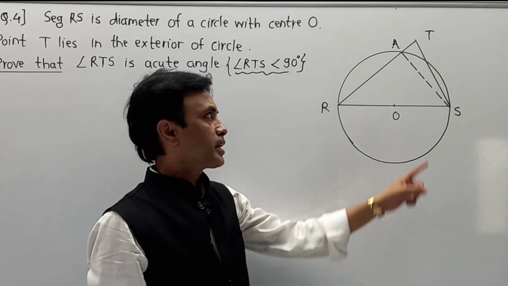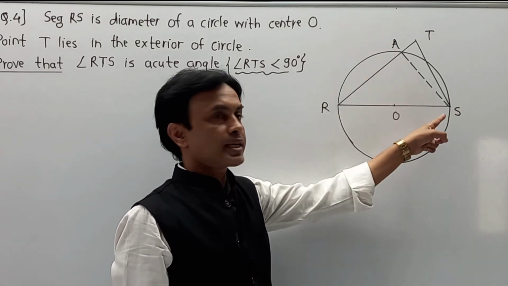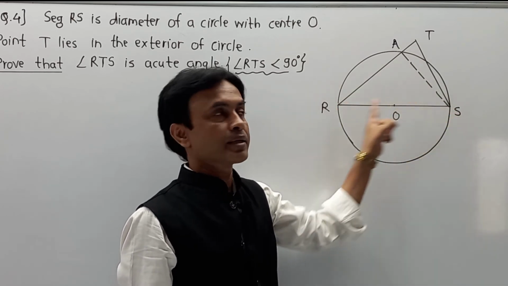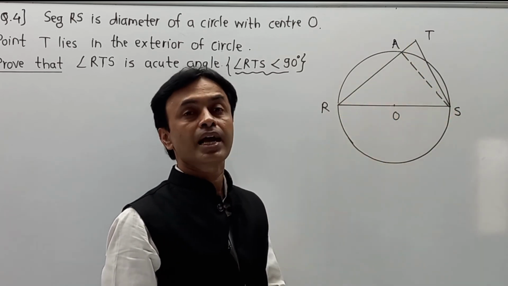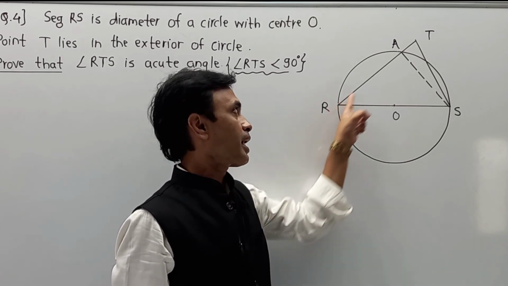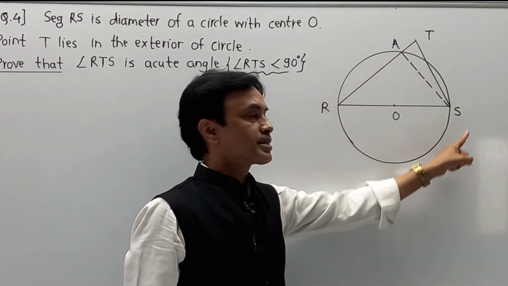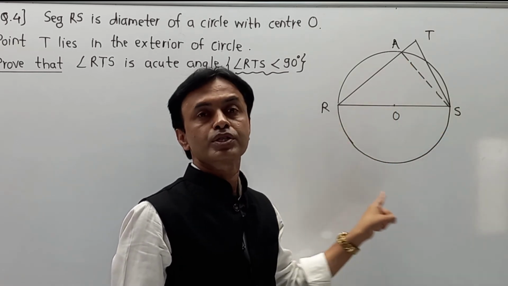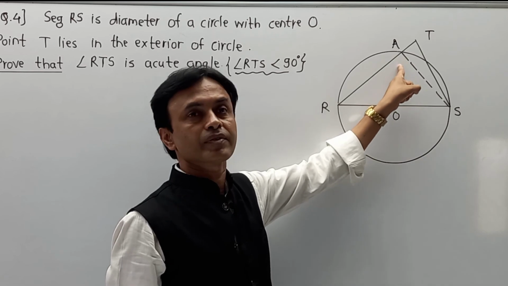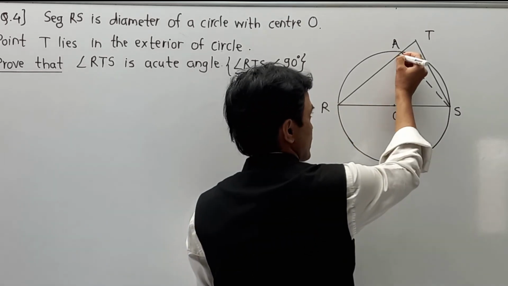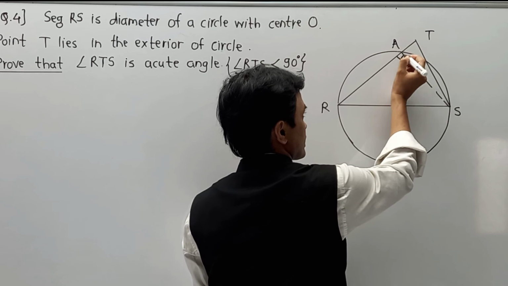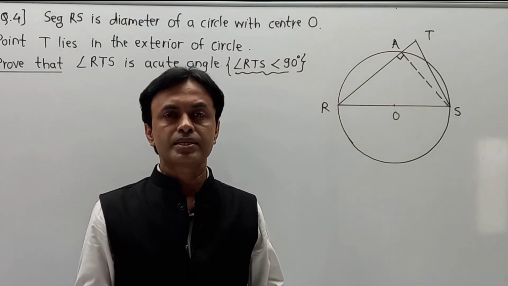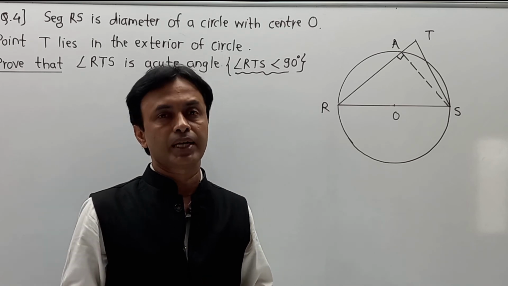Student, the part is, when you join AS, this angle RAS is the angle formed on a diameter, and as this is a semicircle, the intercepted arc, naturally this angle is 90 because semicircle means 180 and half of that angle means 90. And first of all we are going to explain that part over here. So this is the modification, and now we are going to start writing an answer in a structure like number, statement and reason.